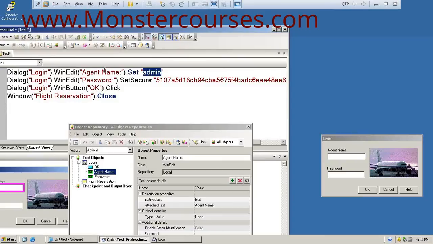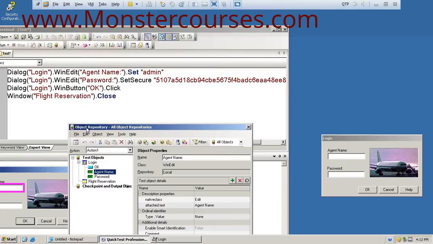So that's how this action has been recorded and converted into an instruction like this. This action is generated with respect to the details of the object. To view those details, we have to open the object repository.